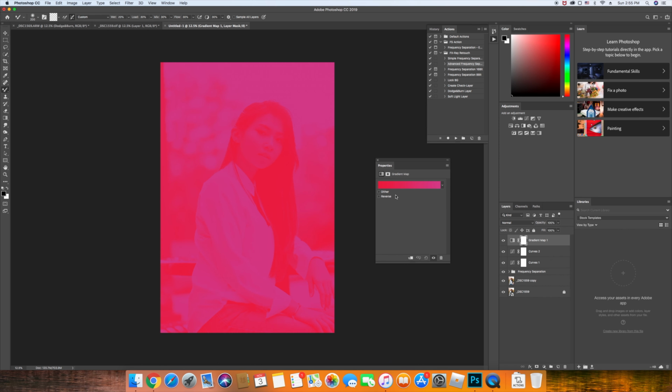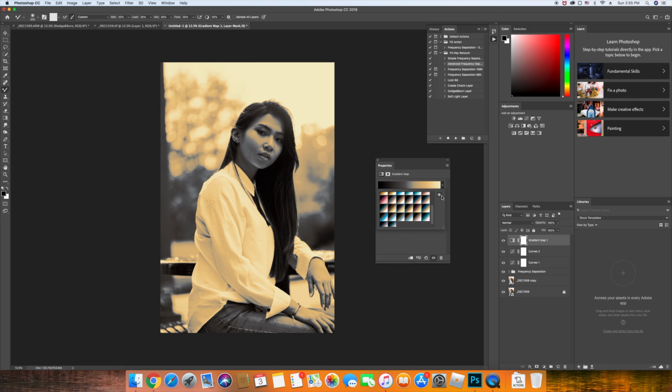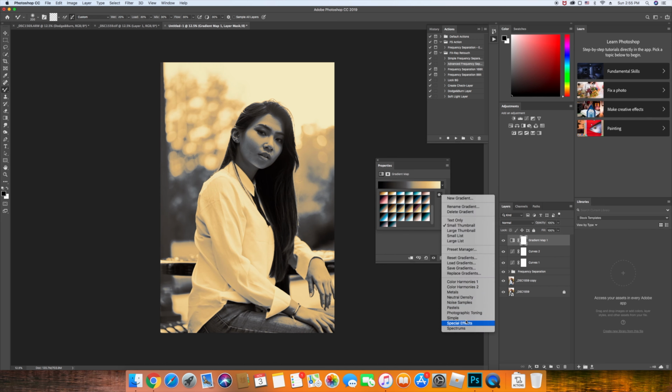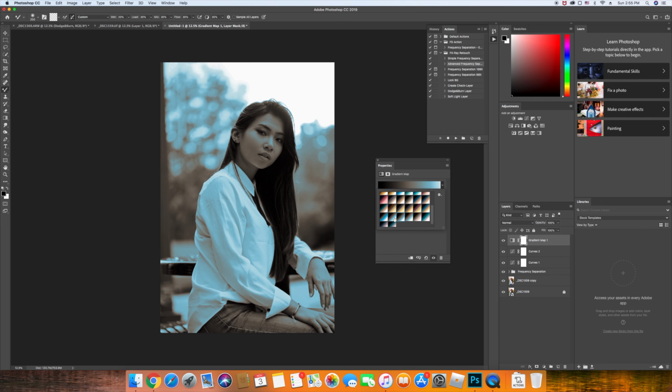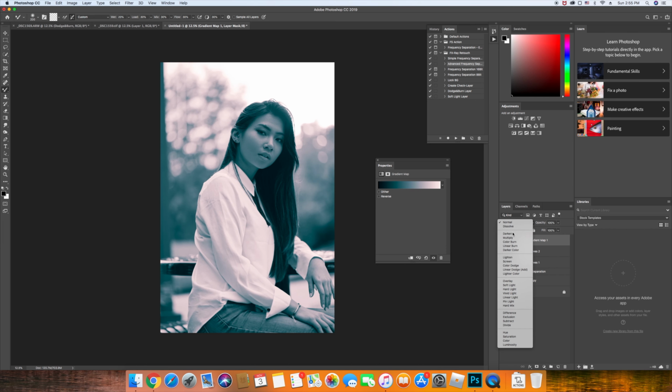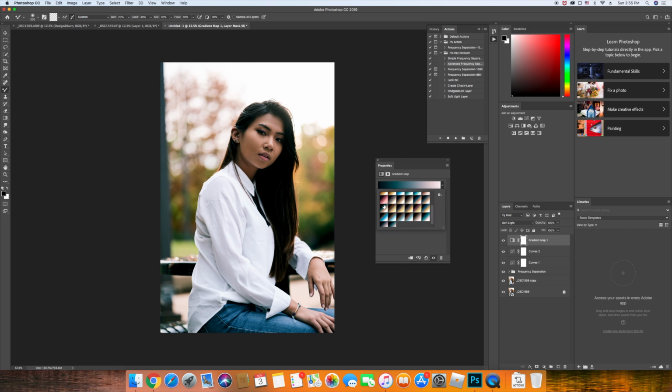Alright, gradients. Nope, not that color. For gradients, I always go with the photographic toning because it makes it easier. Sometimes I always like to play around. I always do it in soft light. It's my preference. I like how it does this. I always drag it down to about